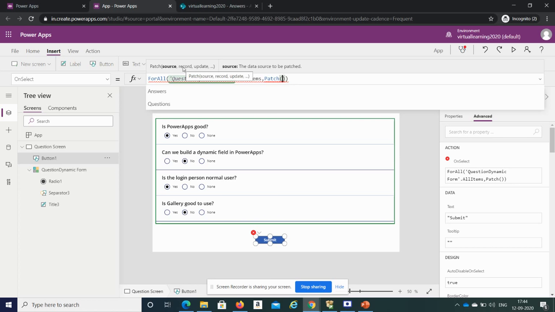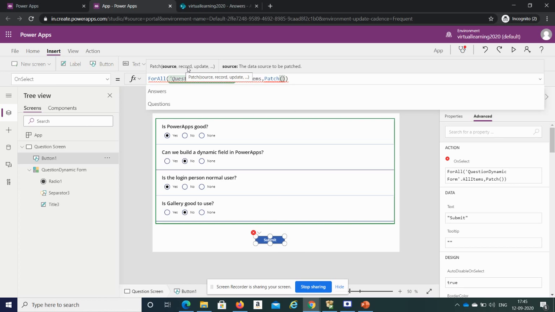If you want to update any existing record, then you need to give that record name here, in some curly braces, and mention id is equal to this. If we are giving nothing here and you want to create a new record, we need to give defaults. Or if you want to update an existing record, you need to give that particular value. I will tell those things later on. As of now, we'll just see how to create a record using patch.